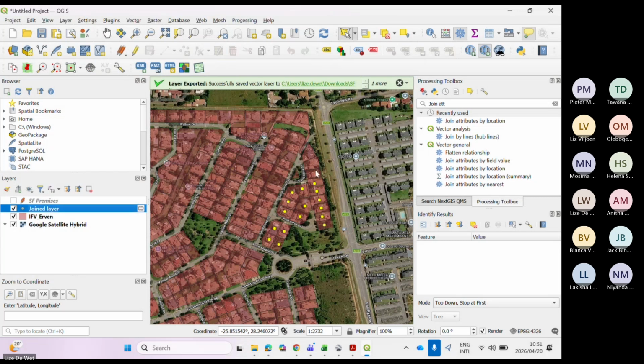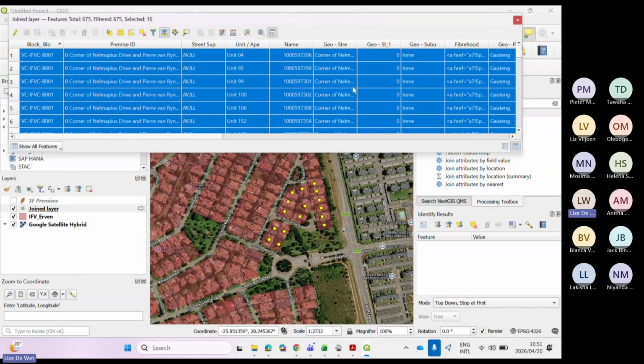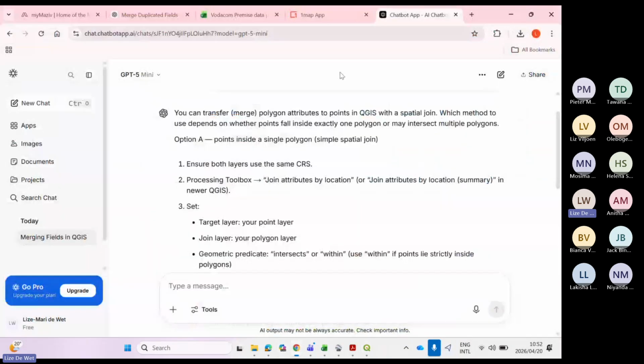There we go. So now I've got my earth number fields and I've got my premises at the correct location. Now I need to update these specific premises in the join layer. I need to update these with the actual street numbers as well. So just keep in mind, guys, I'm just doing a test run here. I'm just showing you how to do it. I'm not going to do this whole MDU at this point. So that means I now need to go and update this geo street number and this unit number with the street number. Okay, so if I go to one map,